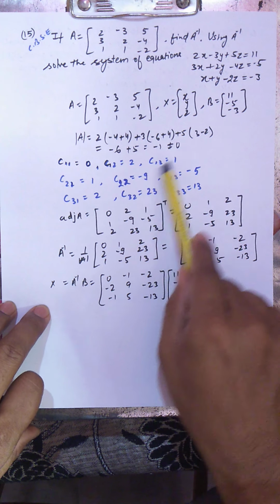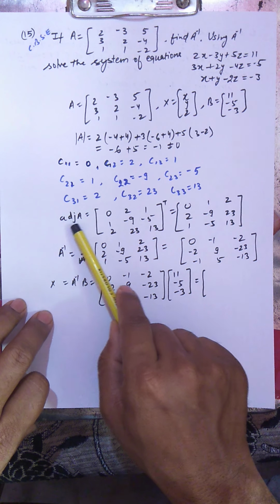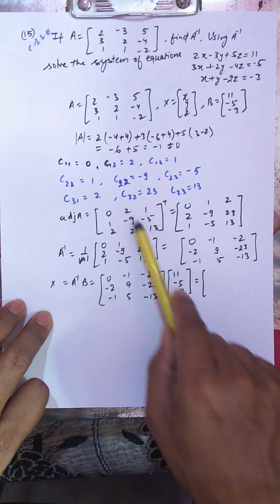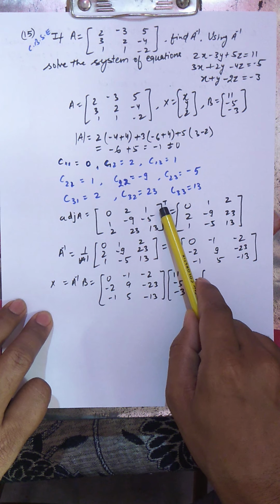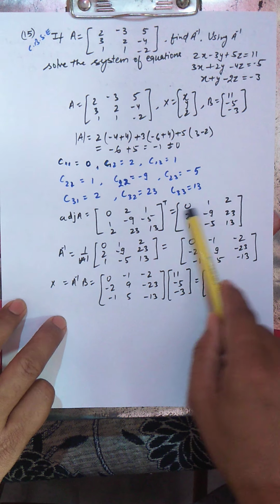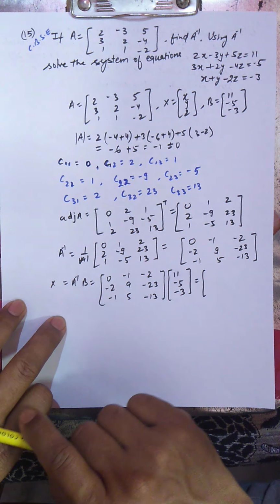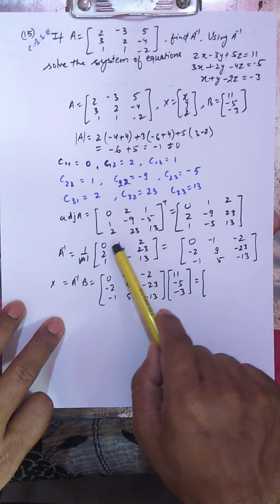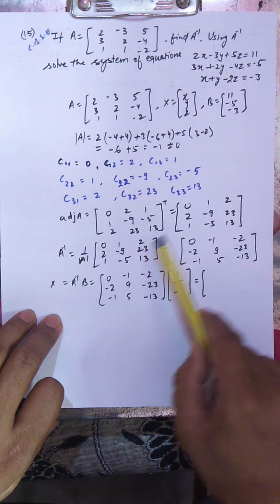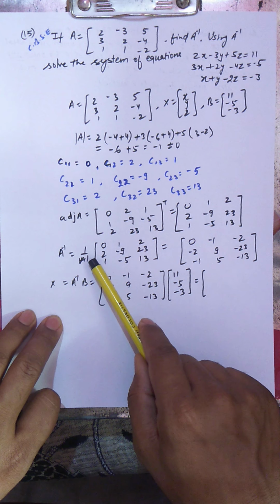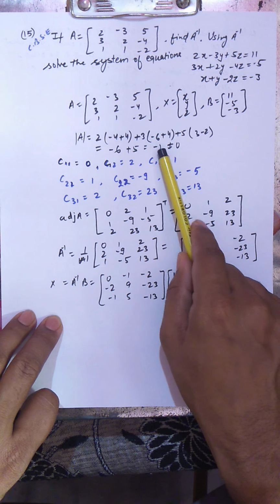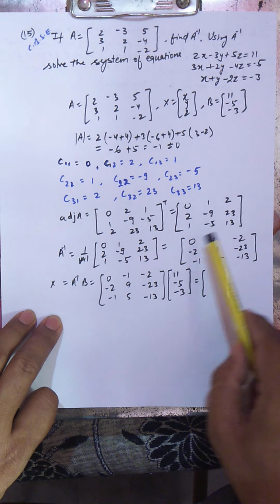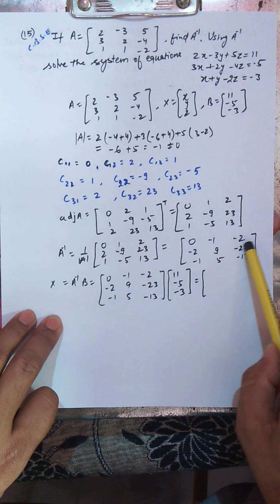Now after calculating the cofactors, I have written the adjoint of A in the same order as we have found the cofactors, and taking the transpose, it becomes this. So finally your adjoint of A is this, and A inverse is 1 upon determinant of A times adjoint of A. So this is the adjoint of A, and now your determinant of A is actually minus 1. So all entries you multiply by minus 1. So all signs will get changed.